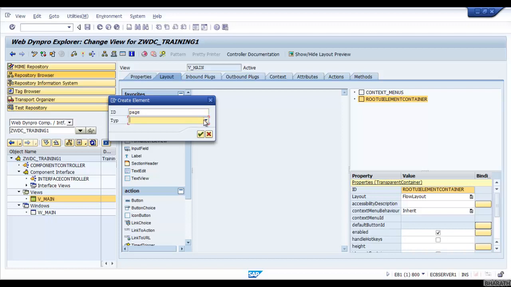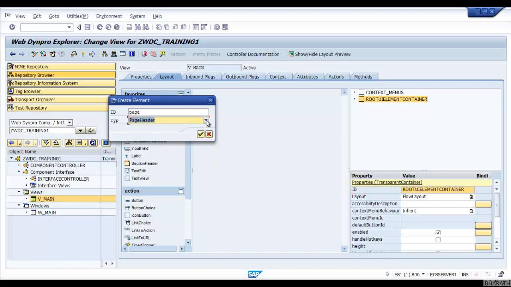Yes, here type. So here you will get UI elements. Since today is the first session, I am just trying to create a sample application and show you how a WebDynpro app actually looks like, and how we work. In further sessions we will go into detail: when a WebDynpro component has been created, what are the controllers, what is the purpose of each controller, and what do we do with controllers. All of that we will cover in more detail in the further sessions. But here I am just trying to show you how it looks.